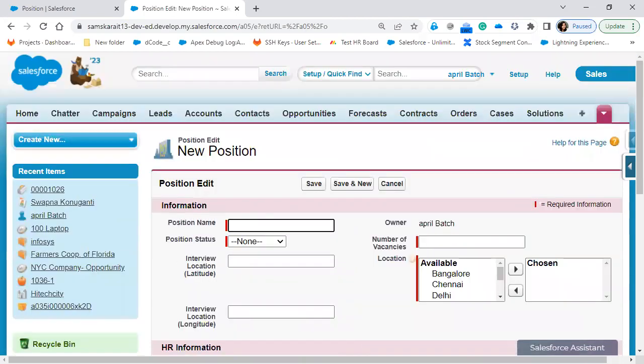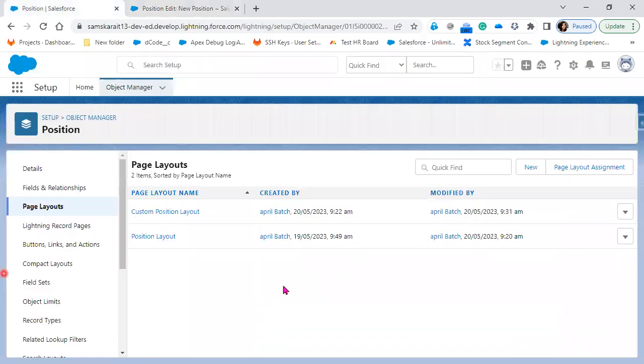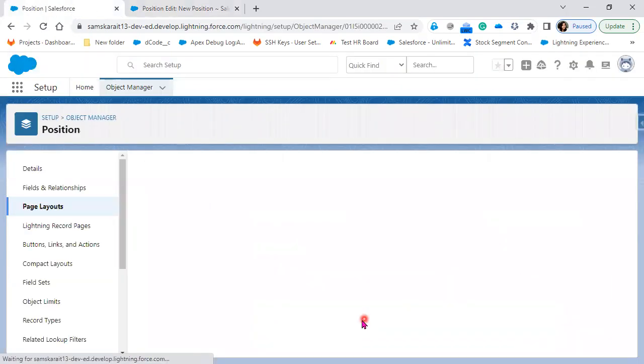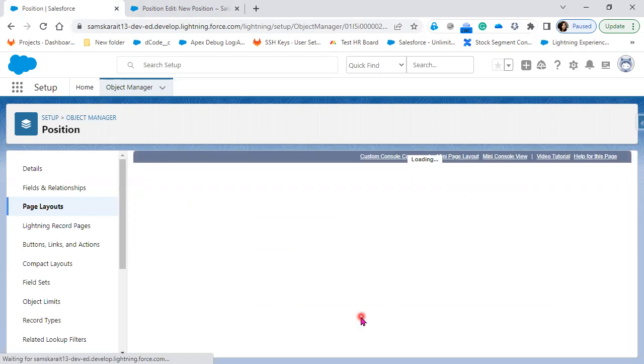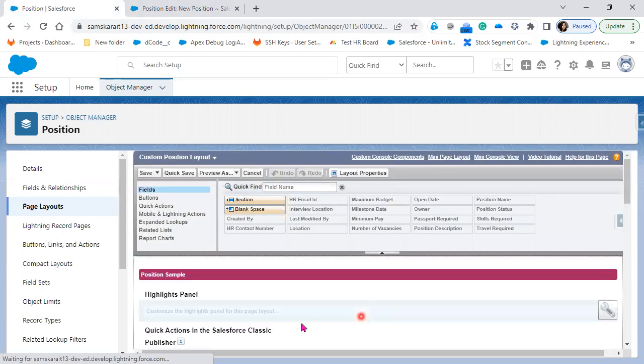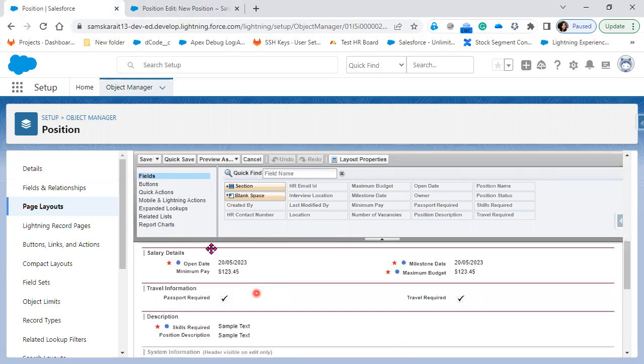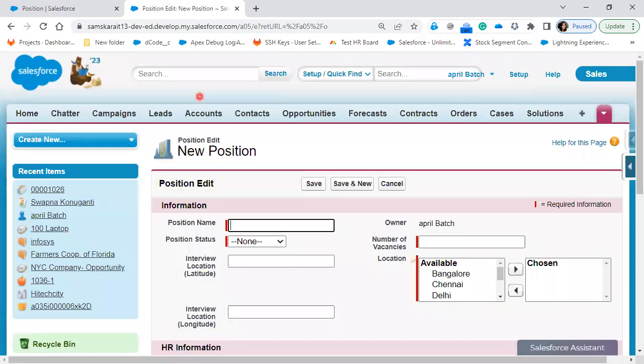No, it's not a custom page layout. I did not select anything for the custom page layout. Did I mention anything color in the custom page layout? Now here, nothing is there. I have not mentioned anything, right? But here the thin line is there. How is this coming? This is basically saying that